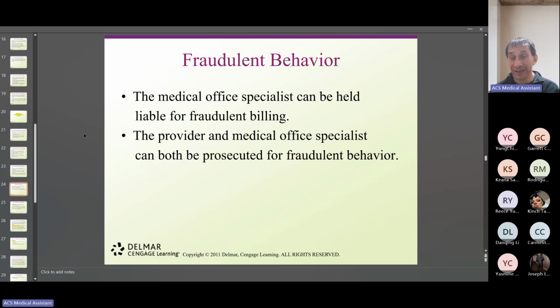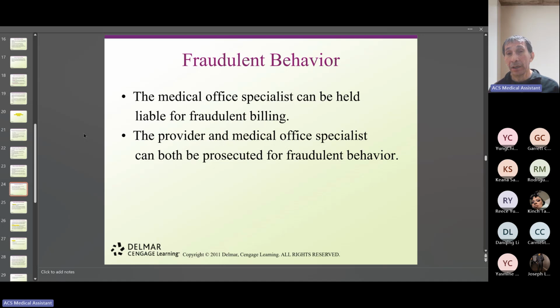So when you notice something that you do not understand, as a biller specialist or coder, you should discuss this with the medical doctor that actually entered this information in the medical record. Remember, we're going to get the information from the medical record. So that's basically what it is. Remember, the consequences are serious. It's not just the medical biller, the medical doctor, the office, everybody is going to pay the consequences for fraud. And medical fraud is more common than you might think.